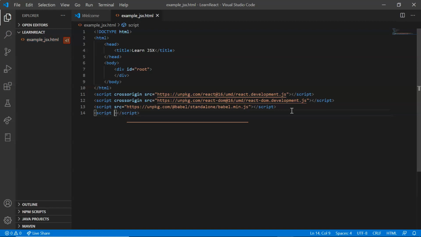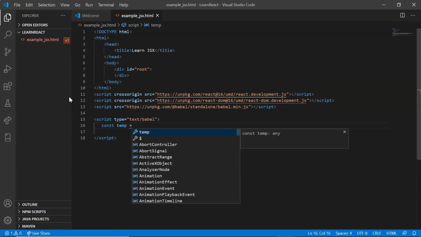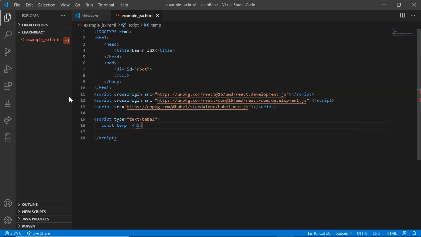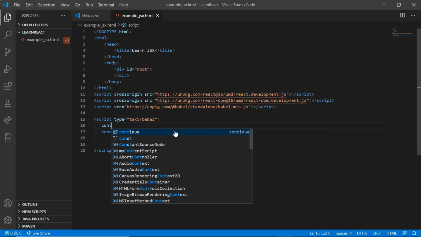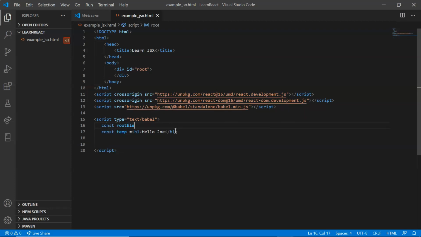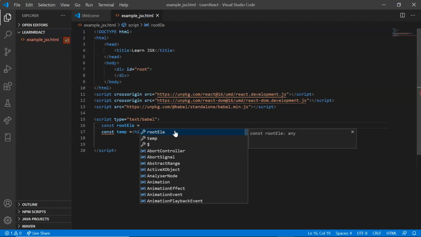Okay, now let's give this script tag a type. The type is going to be text/babel. All right, so within that script tag, let's look at how to create a simple JSX. I'm going to create a constant, let's have this as temp, and I'm going to include an h1 tag right there, and right there I'm going to have hello Joe. Above that reference, let's have a constant, and let's have this as root, the root element, and that'll be equal to